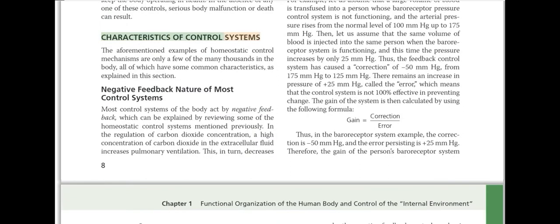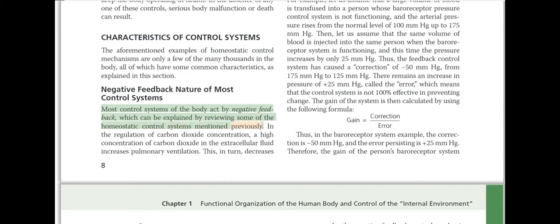Characteristics of control systems. The aforementioned examples of homeostatic control mechanisms are only a few of the many thousands in the body, all of which have some common characteristics, as explained in this section. Negative feedback nature of most control systems. Most control systems of the body act by negative feedback, which can be explained by reviewing some of the homeostatic